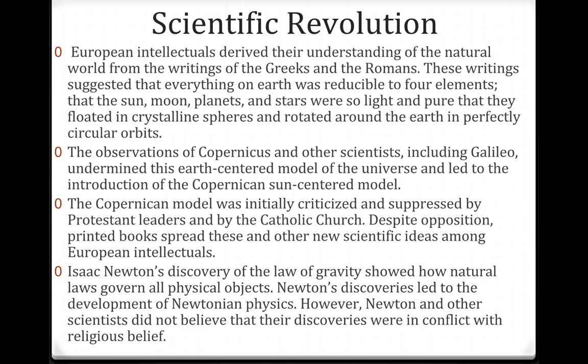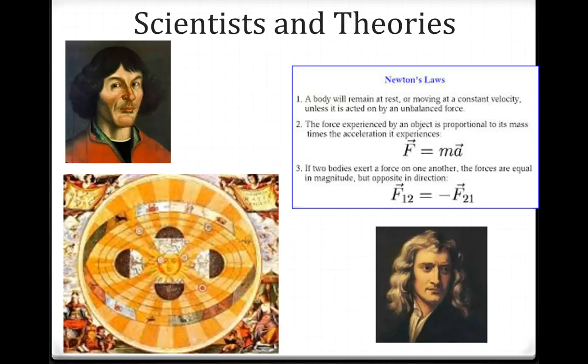We also have Rene Descartes, who believed that systematic doubt was the key to knowledge, and Sir Francis Bacon, who believed that doubt produced knowledge. The trend in Western intellectual thought was to emphasize human possibility. The new science and religion were no longer necessarily opposed to one another. So here we have the sun as the center. Copernicus, Newton, some very important people.